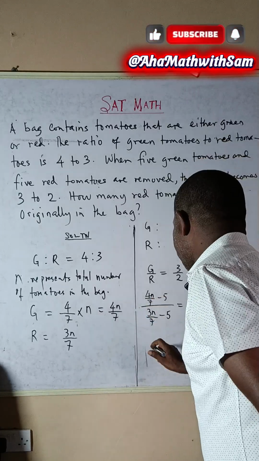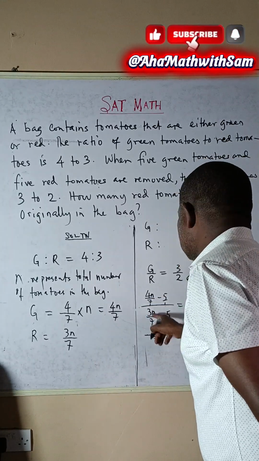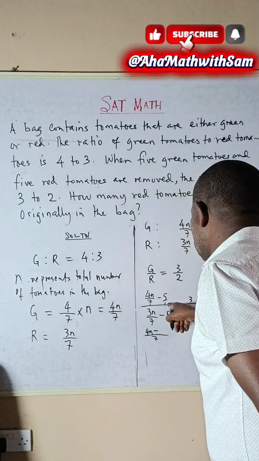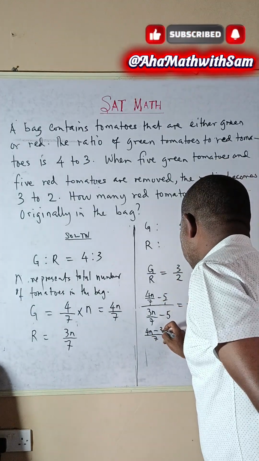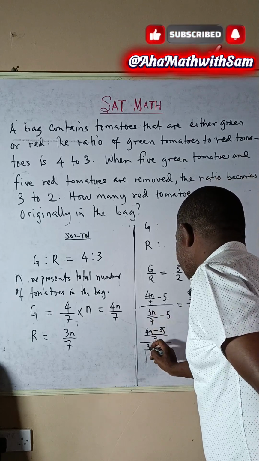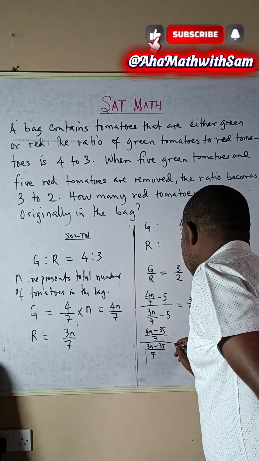On the numerator, we'll have the LCM is 7. 7 into 7 is 1, times 4N. So we have 4N minus 7 into 1 is 7, times 5, 35. We do the same thing for the denominator. And so we'll have 3N minus 35 equals